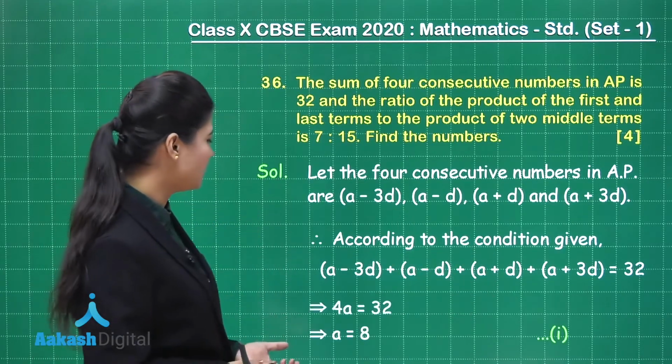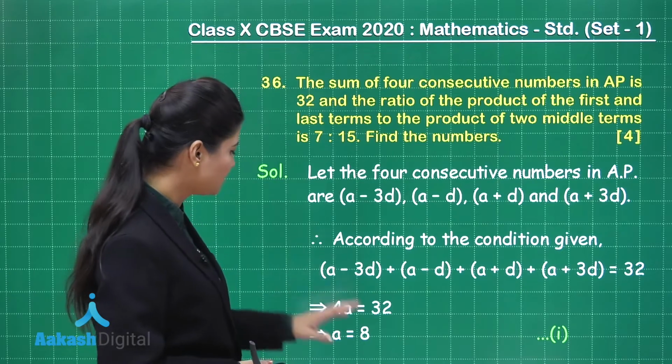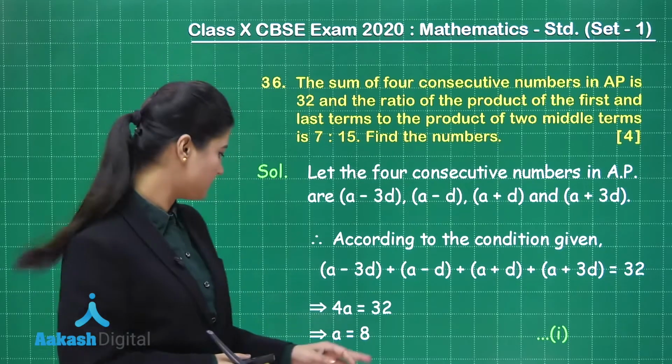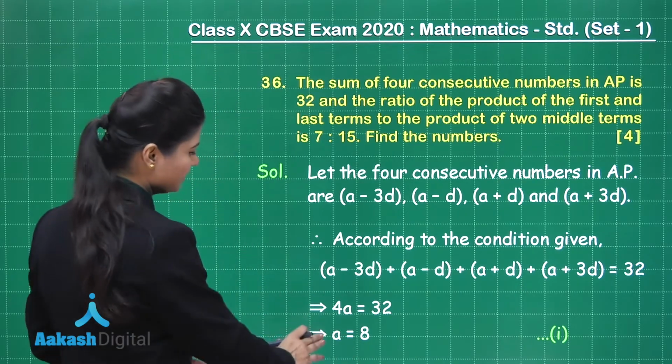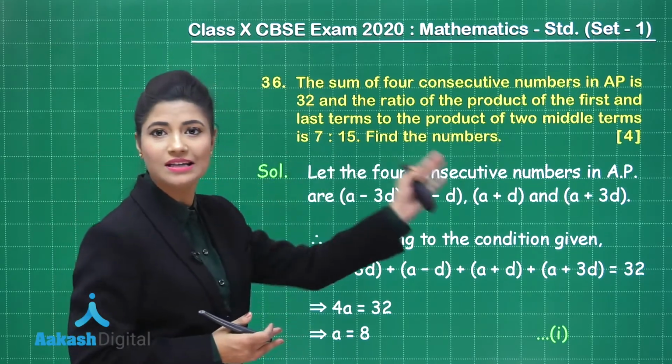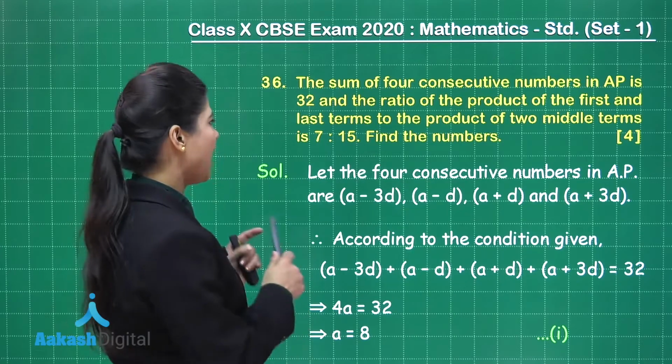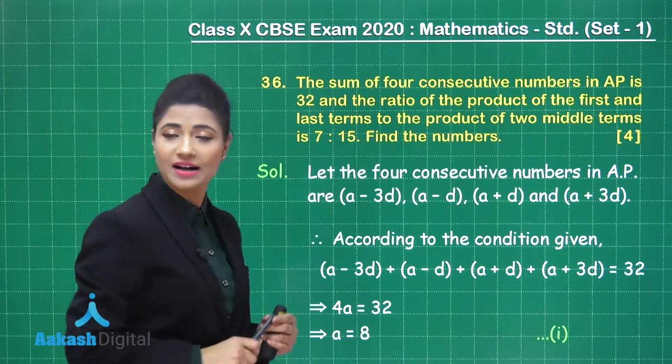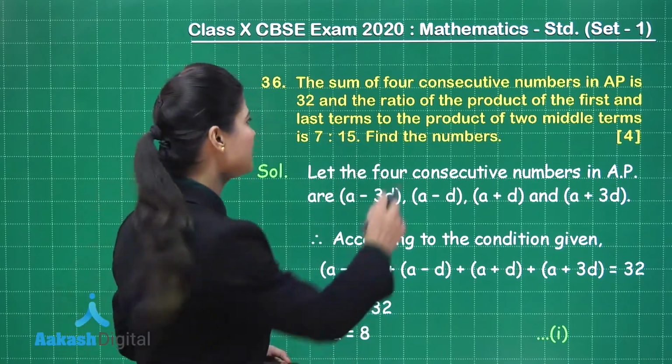So this equation will reduce to 4A equal to 32, which finally gives me the value of A as 8. So here I have obtained the value of A as 8. Next, I also need the value of D to get these 4 terms of the AP. So I'll be taking up the second condition provided in the question, and the second condition states the ratio of the